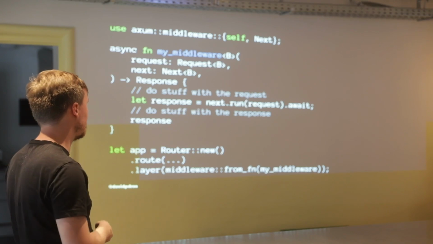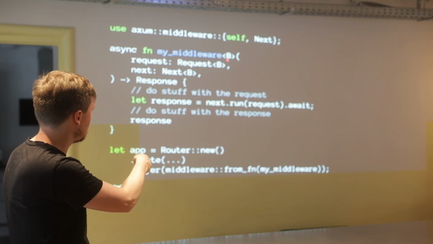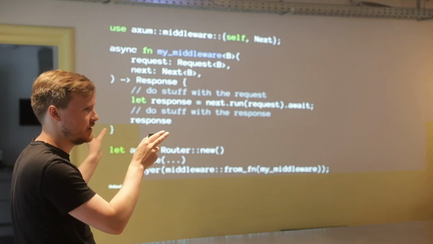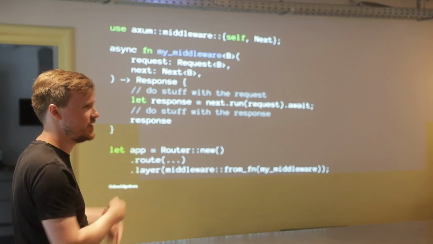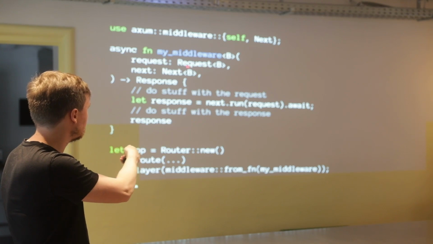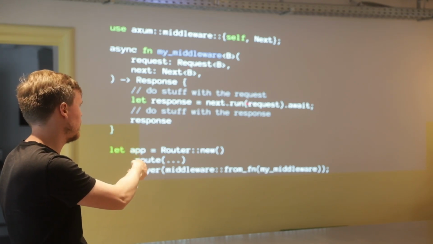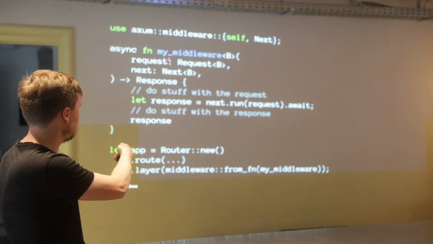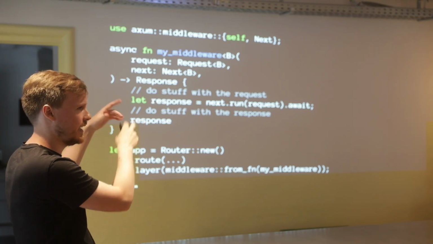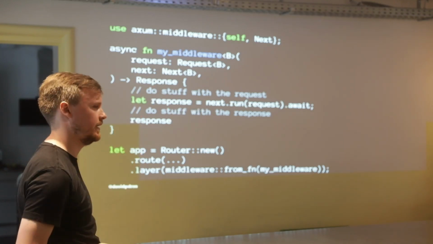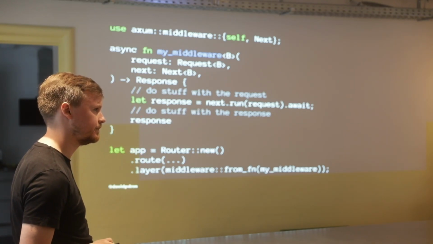In the next version of Axum, you'll be able to put extractors up here, and they will just magically work. So if you have such a database dependency injection extractor, instead of writing, well, you have to write request if you want to call next, but you could just, between these two top lines, write what you would write in a handler function. So like extension, database, and then the extension. That was for the next version.